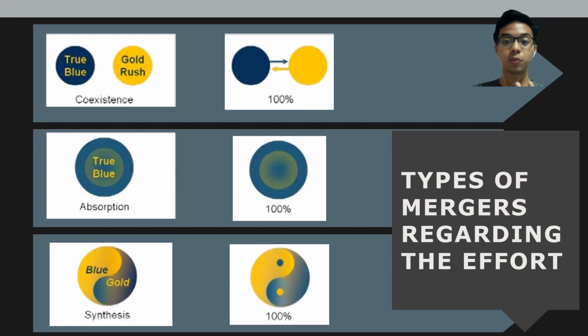So the gold rush disappears, so they don't happen anymore, and the company becomes true blue. And the last part is called synthesis, when those blue and gold combine together